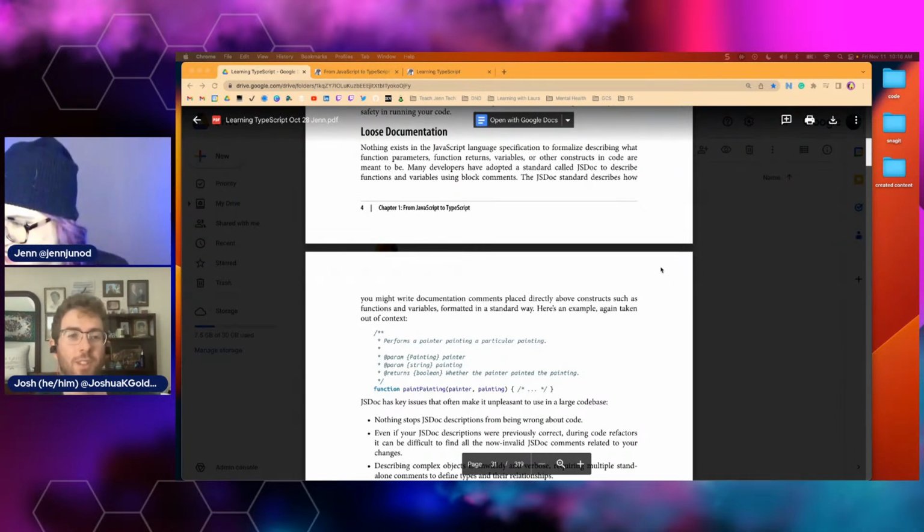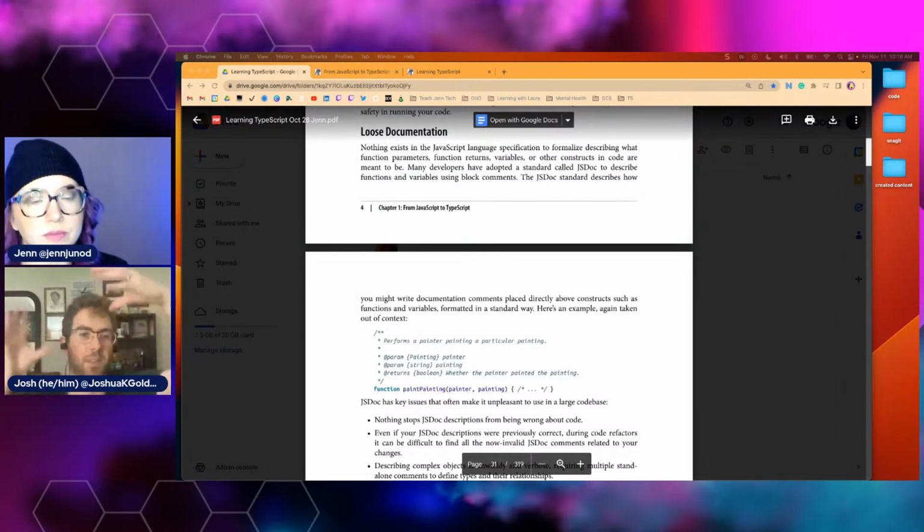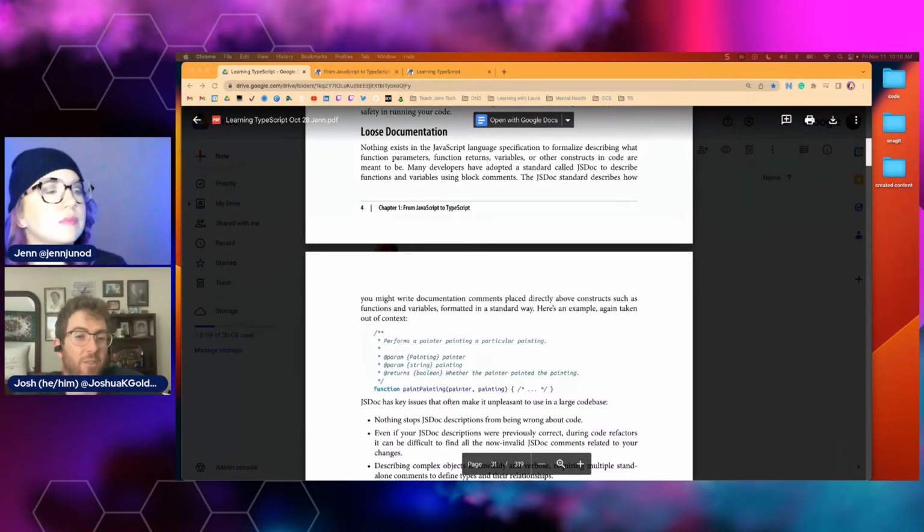But these are semi-formalized comment syntaxes, a way to write comments indicating that this one parameter is a string, or this other parameter is some shape thing we're going to call painting. But there's nothing that enforces you doing those right. There's no one exact syntax. Sometimes people put 2 spaces or 4 in certain places. So it's very loose. It's very hand wavy.